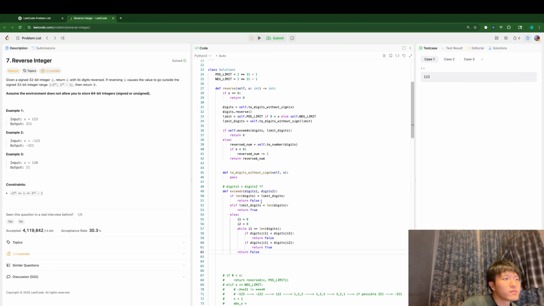So this is the implementation. And for 2 digit with a sign,